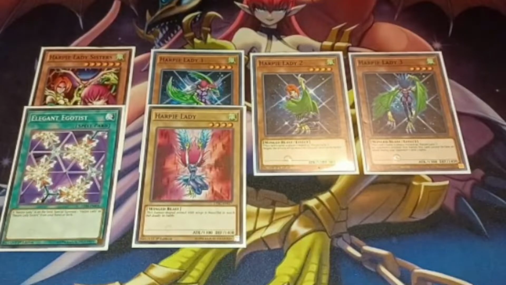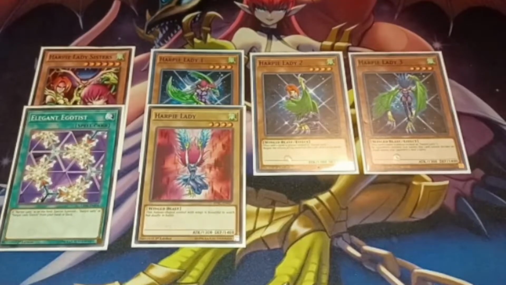The combo game for the Harpie Lady Sisters that they were trying to implement was that if you have Harpie Lady on the field, use Ego to summon her, and then start poking at your opponent. This would have been a viable thing if Harpie Lady didn't have low attack stats as she did. Harpie Lady 1 wasn't introduced until, was it Rise of Destiny, and that Cyber Harpie Lady, the other Harpie Lady card,